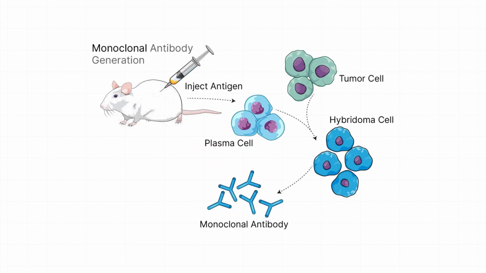So the process begins with immunization. So notice in the diagram, a mouse, not a rabbit this time. Mice, particularly the BALB/c inbred strain, are the most commonly used species for hybridoma technology. This is partly because the myeloma cell lines most compatible for fusion were originally derived from mice, ensuring species compatibility during cell fusion.